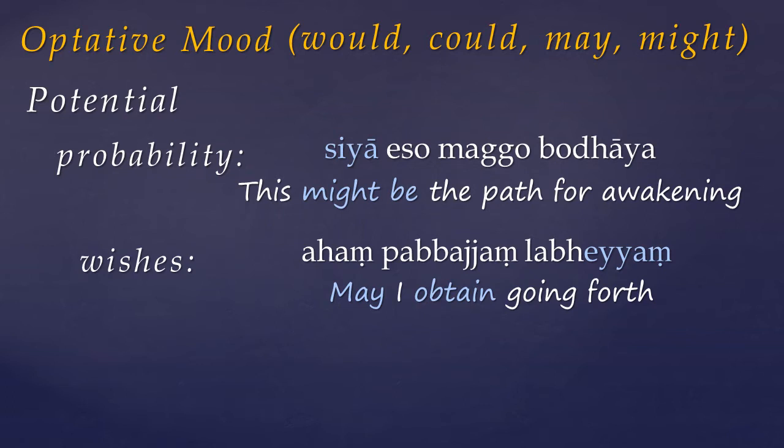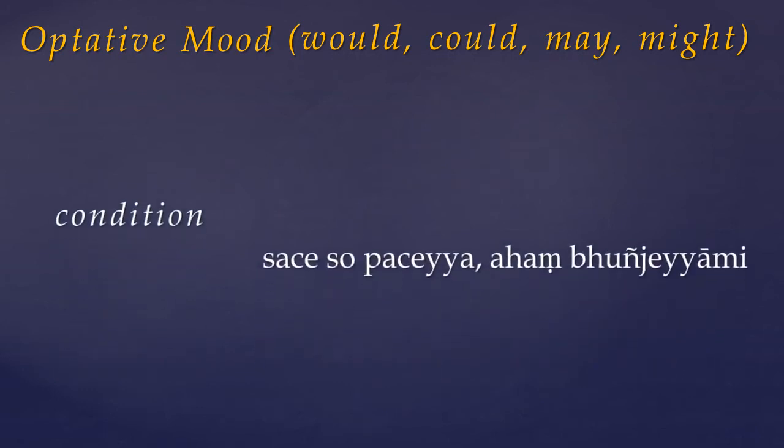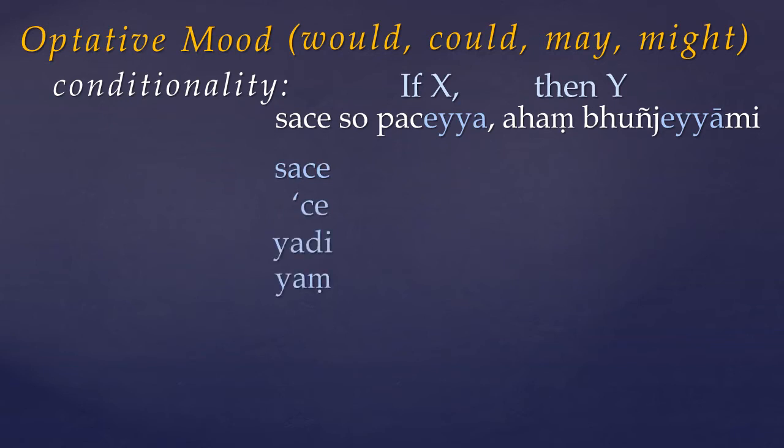Quite often, the optative is found in if-then type statements to express possibility. If he would cook, then I may eat. The optative is used here to express a degree of uncertainty, the statement being hypothetical. A conditional sentence like this, not to be confused with the conditional mood, takes the form of if X, then Y. The clause expressing the condition in Pali is introduced by an indeclinable particle such as satche, che, which is